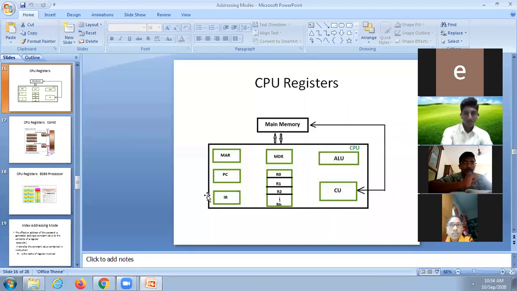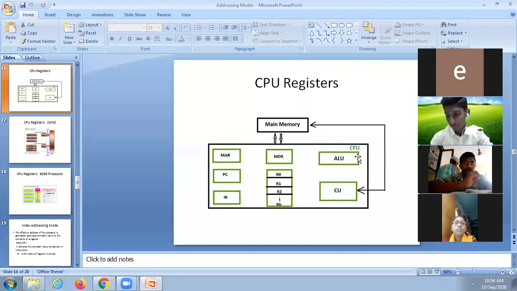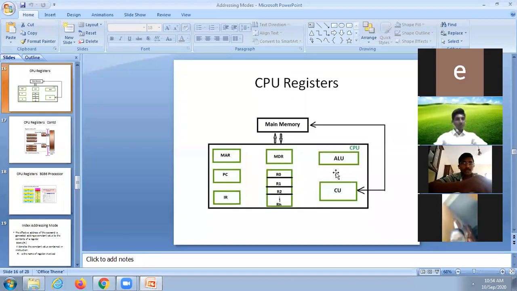With the operands, those are then applied to the ALU. Then the ALU does the arithmetic or logical operation. While doing these arithmetic or logical operations, the temporary data are stored in the registers, or the temporary data is stored in the memory also. In the memory means the stack portion of the memory. That is the process.